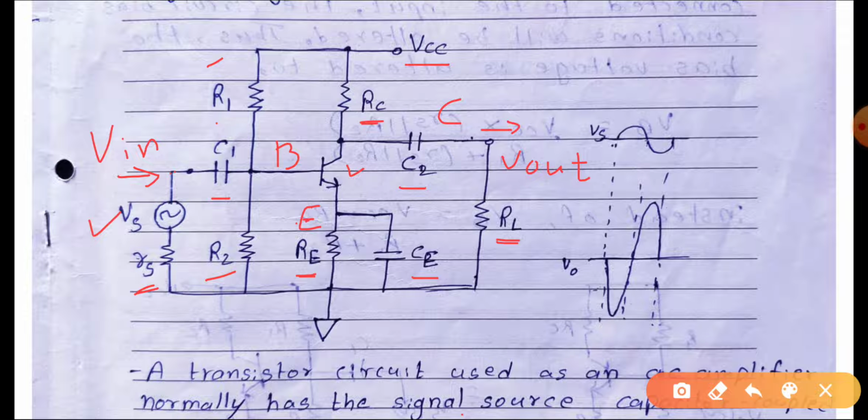Now we'll see how this amplifier is going to perform amplification, or increase the strength or power of the input signal. You already know that in the common emitter amplifier there is one symbol you are using, that is beta. So what is this beta? This beta is the current gain of a common emitter amplifier.